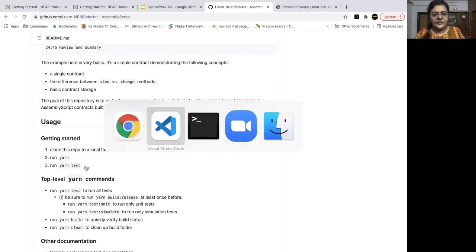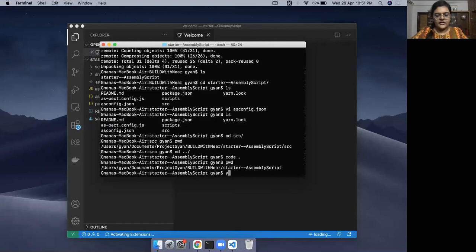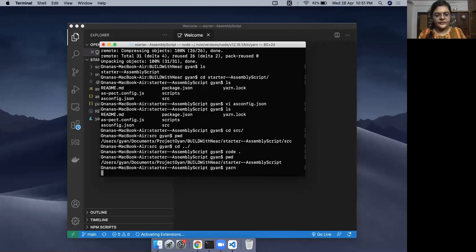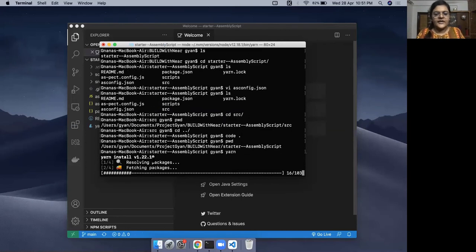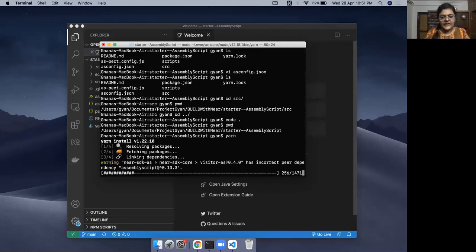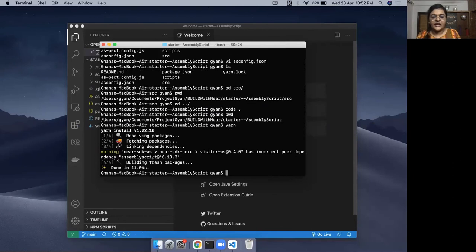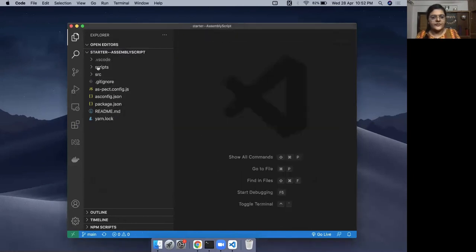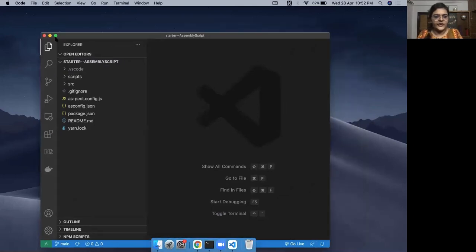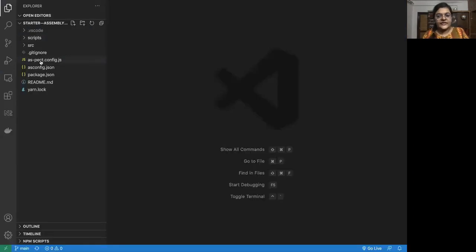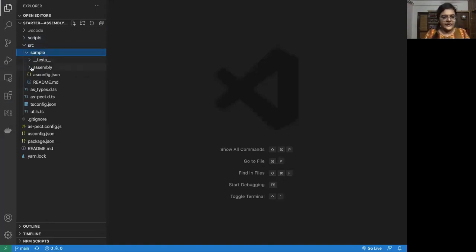So let me just run yarn. It's going to be installing all the dependencies. As you can see, I already have the near-sdk-as and some of the other dependencies like the near CLI installed. So this is going to install the repo-specific libraries for me. So let's go inside source and sample.